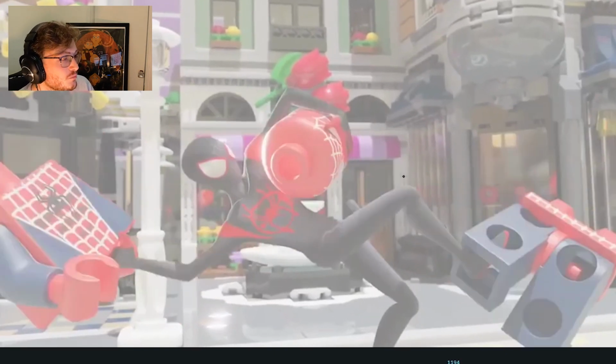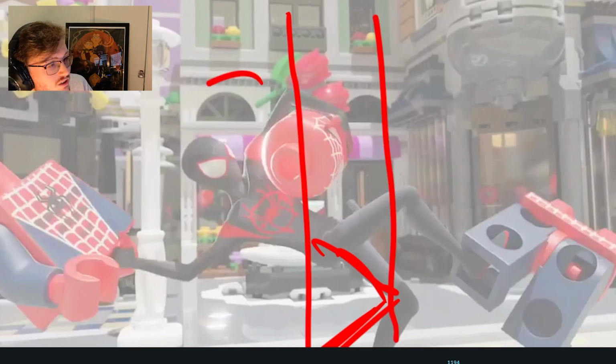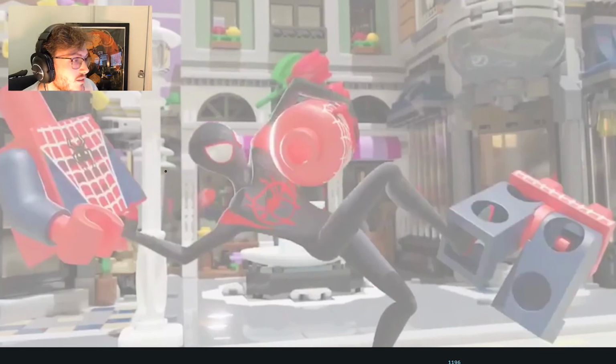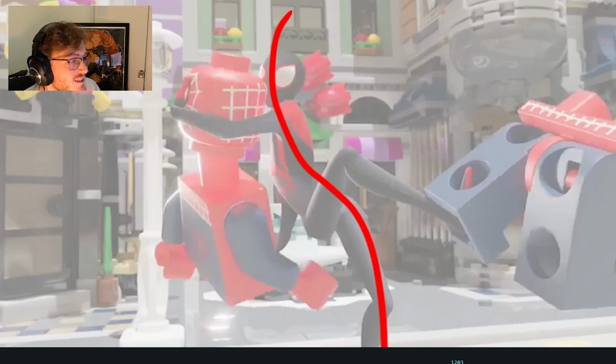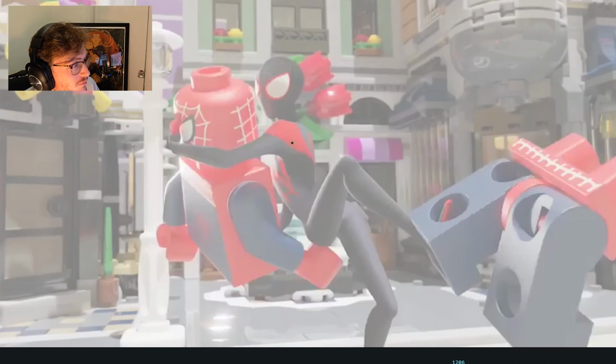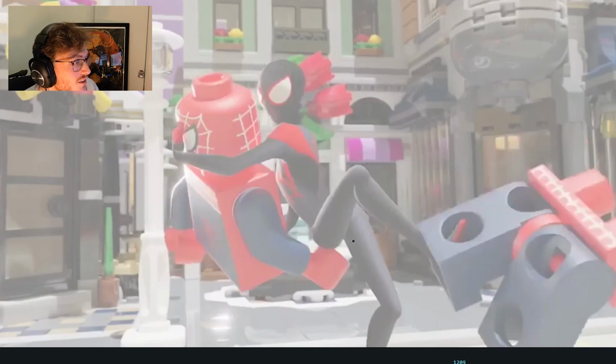He is off balance here technically. If you want him to be on balance, his leg would have to be here, so that the line is distributed up this way. Right now the line is here, so he would technically fall over. But for the sake of caricature, I guess he can get away with it. This is a cool S. It's kind of broken. See the relationship between the twist on his body right now? Feels a bit pushed.